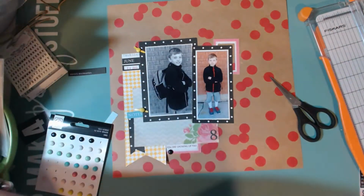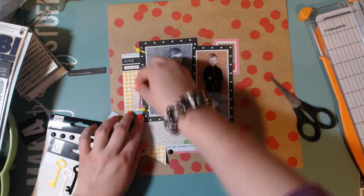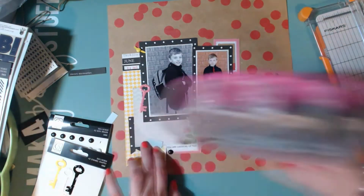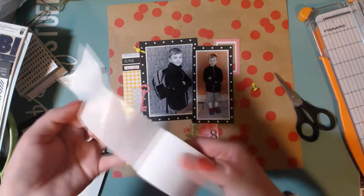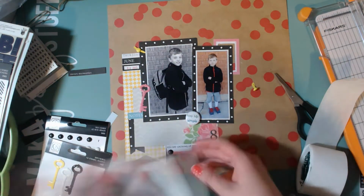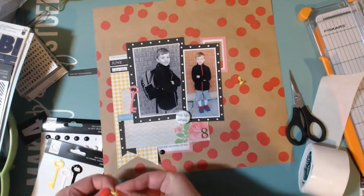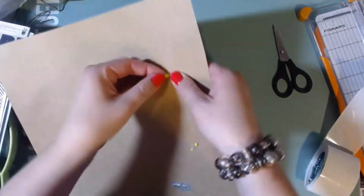So here I'm going to pull off a couple more of these yellow brads, and then also that Keep Life Simple layout. So I'm just going to start gluing all of those things down. Here I'm trying to pull in this tag that I made on the last layout, and then it didn't end up making it on that layout, but I didn't like the way it looked. So I'm going to put the brads on these two spots, and I just use my Stampin' Up! scissors